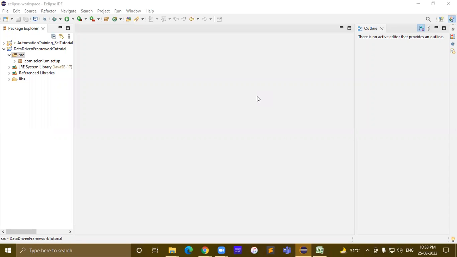Okay, so yesterday we did talk about the data driven framework, right? Today we will learn how we can create the data driven framework in Selenium using the Apache POI. We have already created one sample project, right? And we have done the necessary configuration, like adding the required libraries,